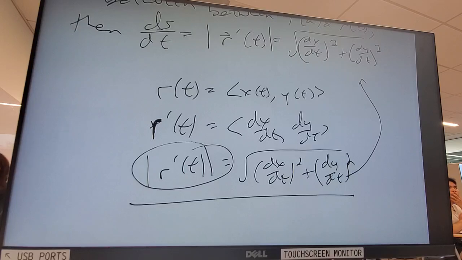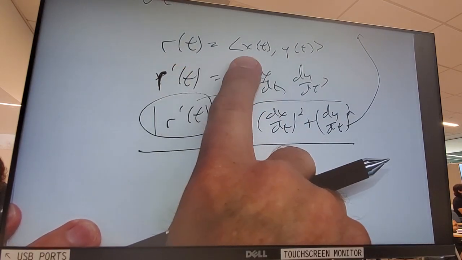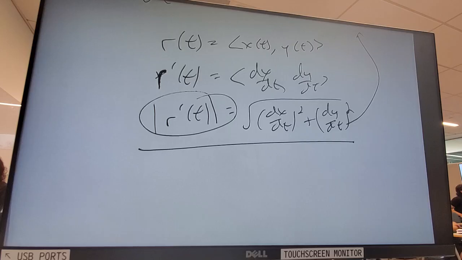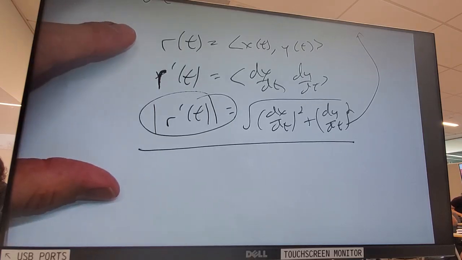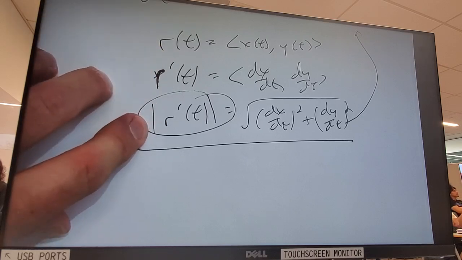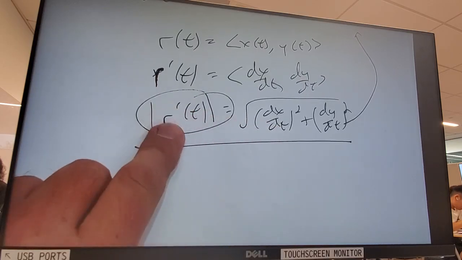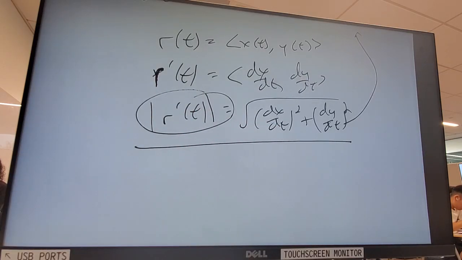So now my motion along some predetermined curve has to be based on how it moves, and that's what this is. Real quick, I really want this analogy to hit home. Is everybody relatively okay with it? If I start here, you can't help but get there, yes? Just this piece by itself: that's r of t, that's r prime of t, that's the length of r prime of t. This is a measurement of how quickly the curve is moving. It keeps track of how it's moving and how quickly.